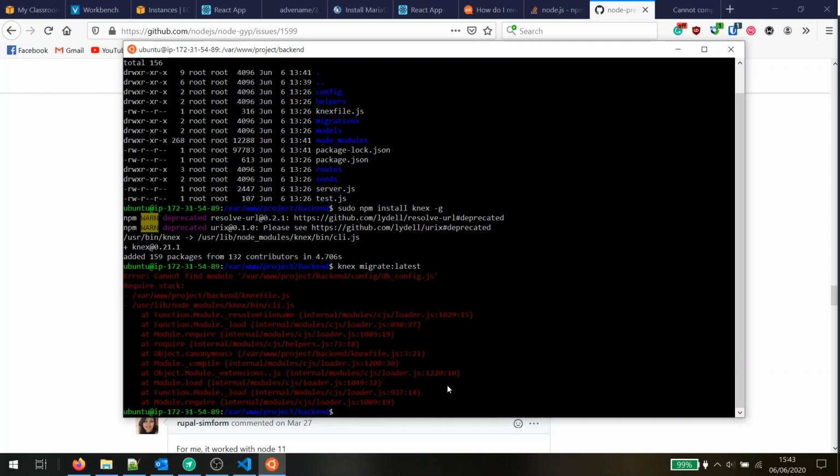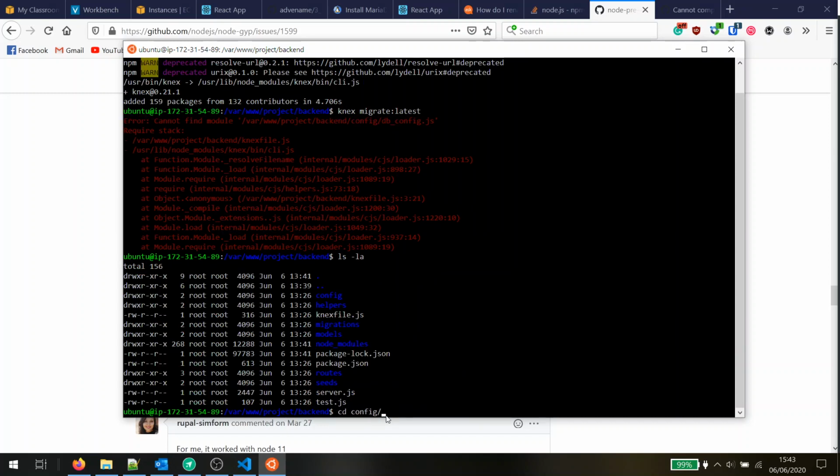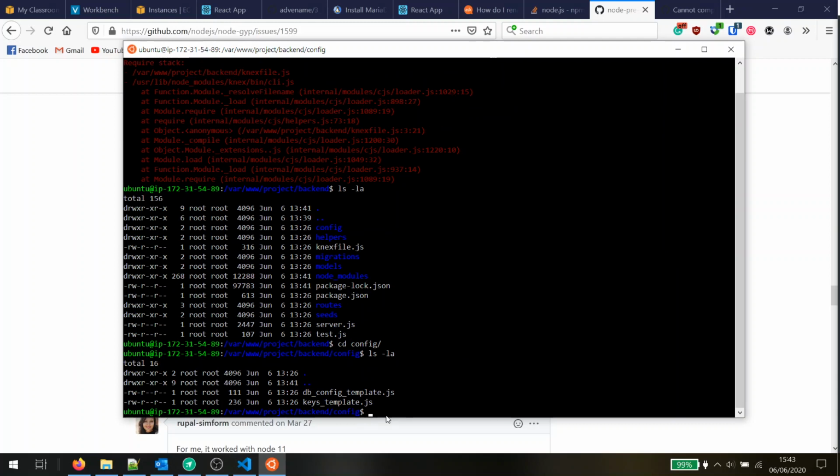So my configuration file is the db-config.js, as we can see up here. And that is something I'm going to create. So sudo nano db, wait, which one am I in right now? The backend, yes. So I'm going to go inside the config, ls -la. And here we have the db-config template.js and keys template.js. So I'm first going to create the db-config file, sudo nano